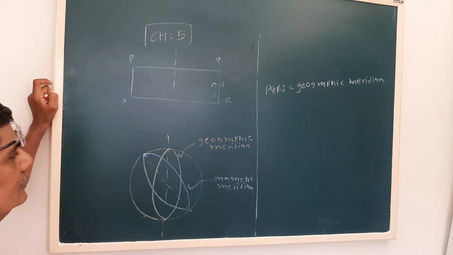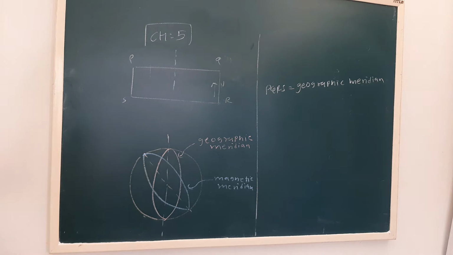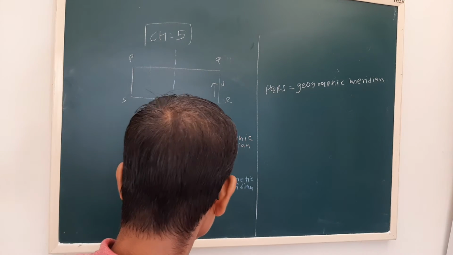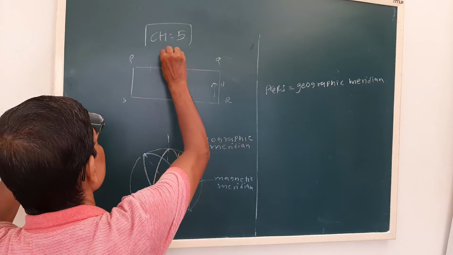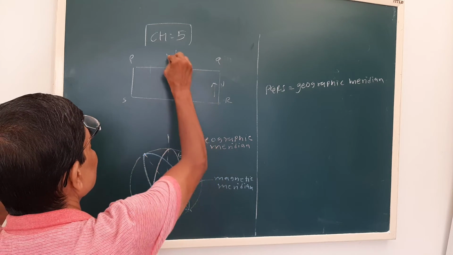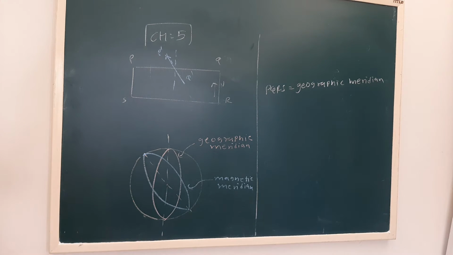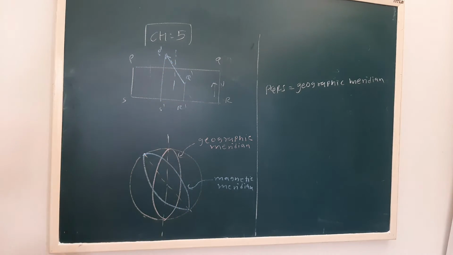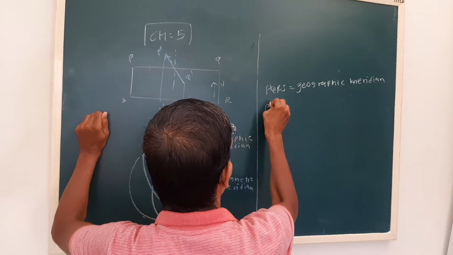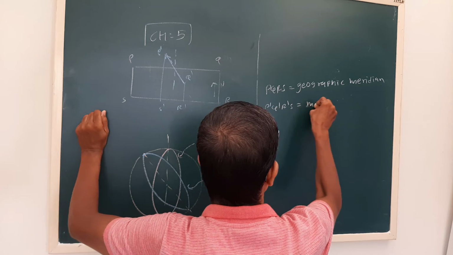Now see how we can represent. Now this is any place we are standing. At that place we draw, see, this is our local north and south. But suppose we keep a magnetic compass at this position. Okay, it will show like this. Let us say this P dash and Q dash. Now see, a plane containing these two, R dash, this P dash Q dash, is called the magnetic meridian.